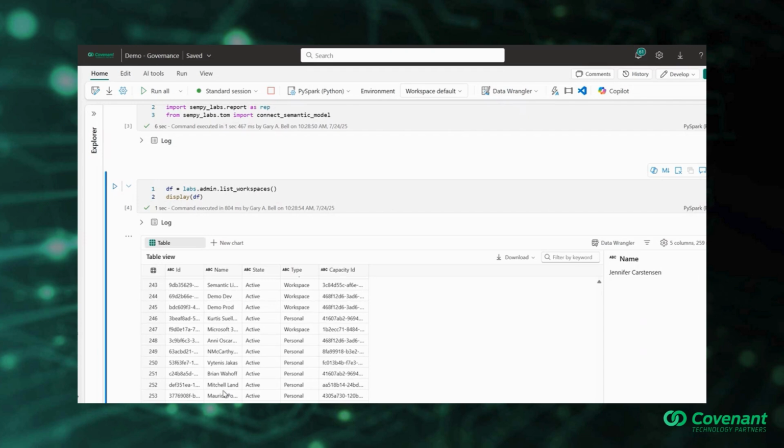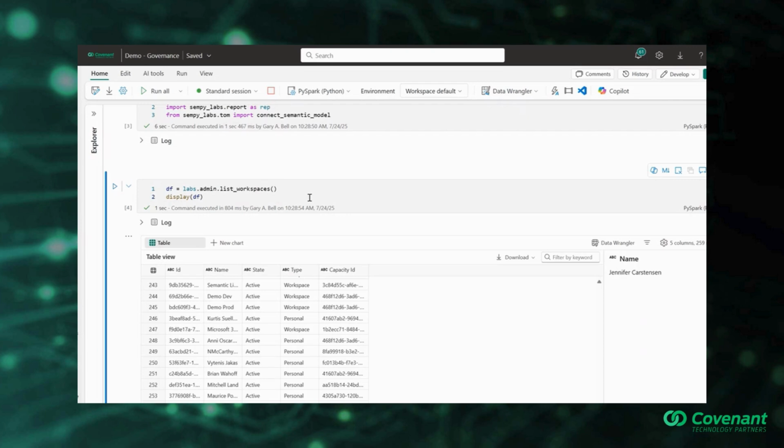So that's a great way, from an inventory standpoint, just trying to figure out what's out there, right? You can just show all the workspaces. Again, since I'm an admin, I get to see everything. If you're not an admin or don't have those permissions, or just want to see the ones that you have permissions to specifically, there's a similar endpoint. I think it just removes the admin and it'll list the workspaces that you are a user in. So it gives you a high level